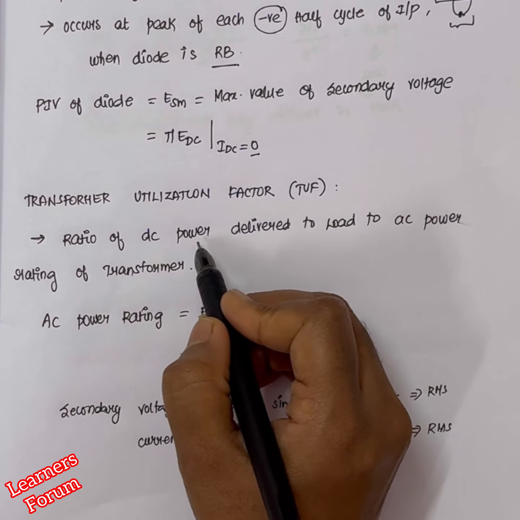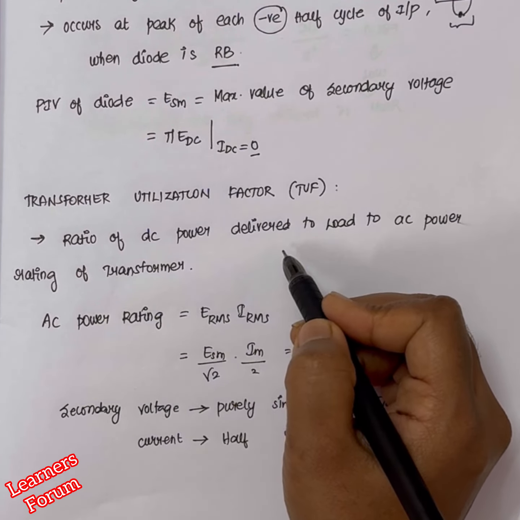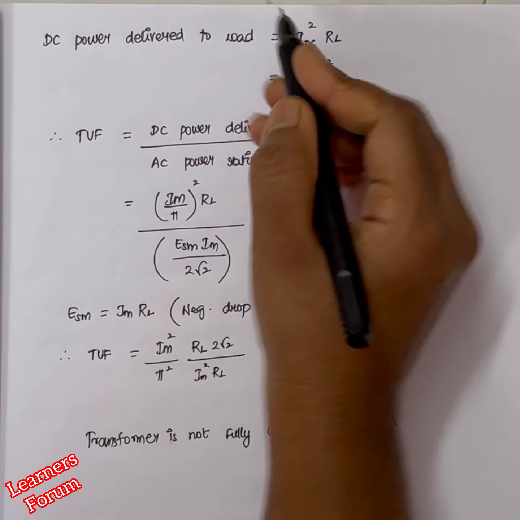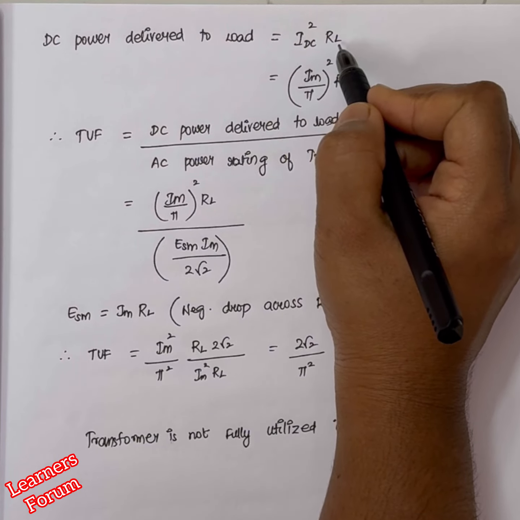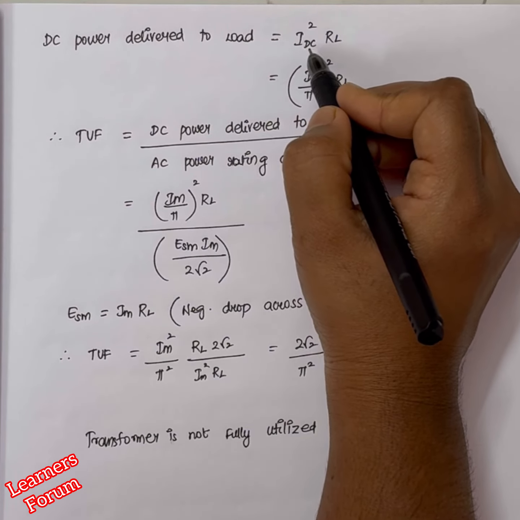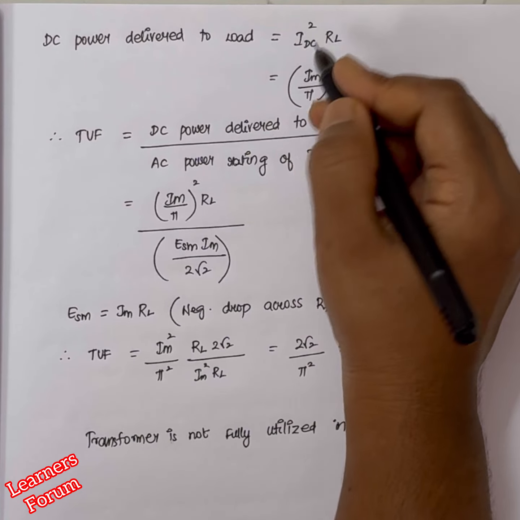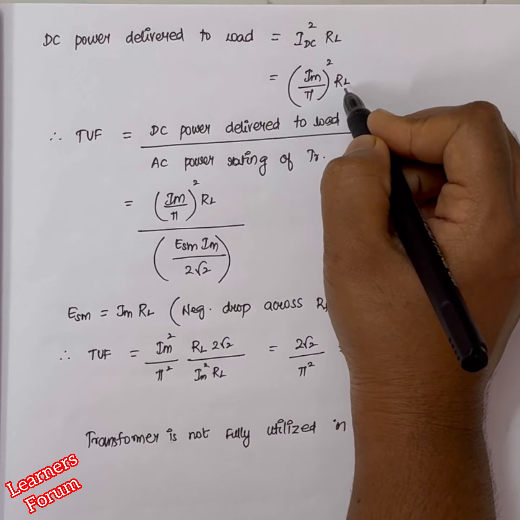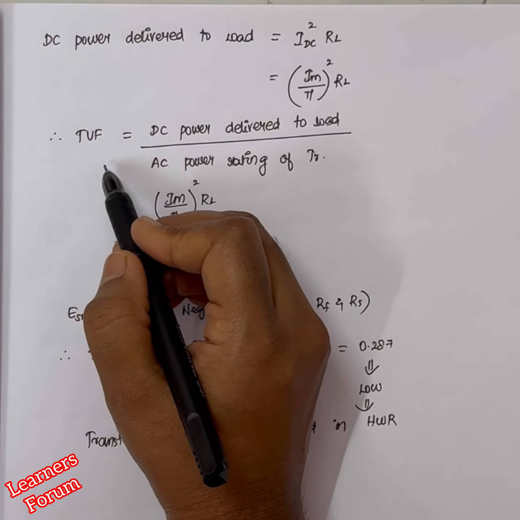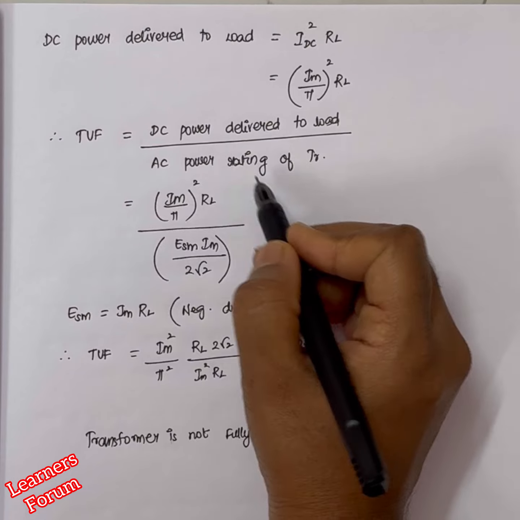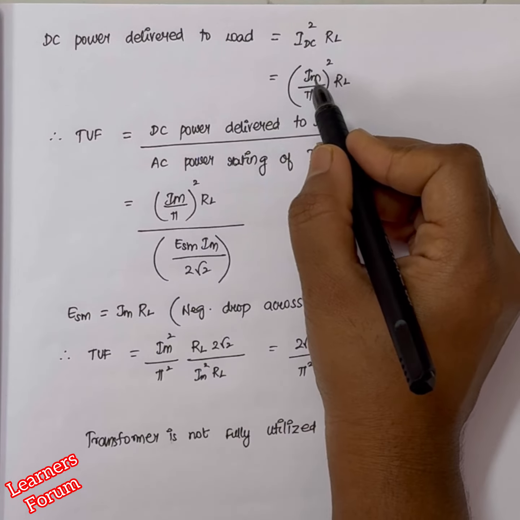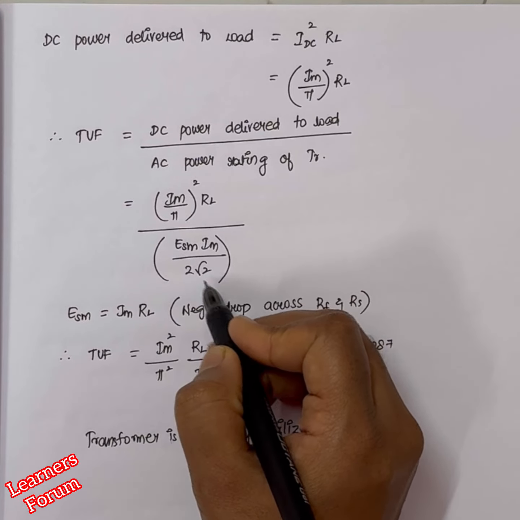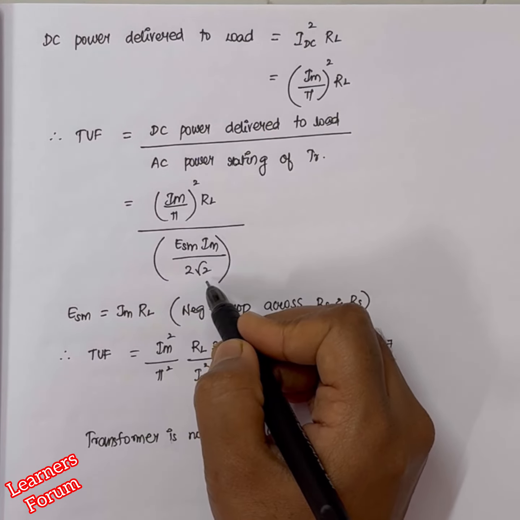Now let us calculate the numerator portion, and then we can divide the two things to get the transformer utilization factor. So the DC power delivered to load is nothing but the product of IDC square into the load resistance RL. We have calculated the value of IDC earlier itself. So IDC is nothing but IM by pi. Substituting that over here, we will get it as IM by pi the whole square into load resistance RL. So the transformer utilization factor is DC power delivered to load divided by AC power rating. DC power delivered is IM by pi square RL divided by AC power rating, which is ESM IM divided by 2 root 2. So solving this further, we will get it as